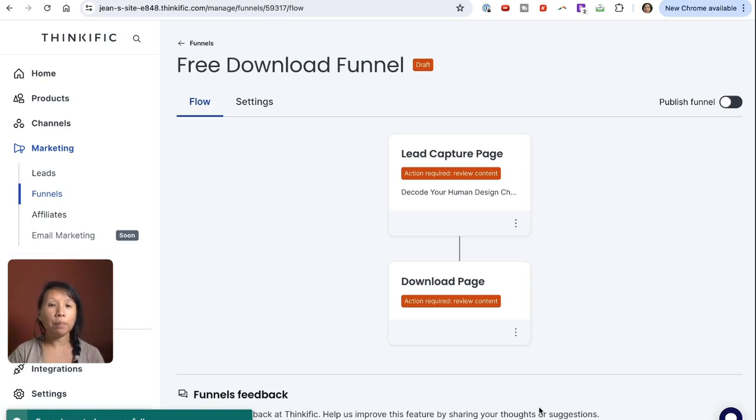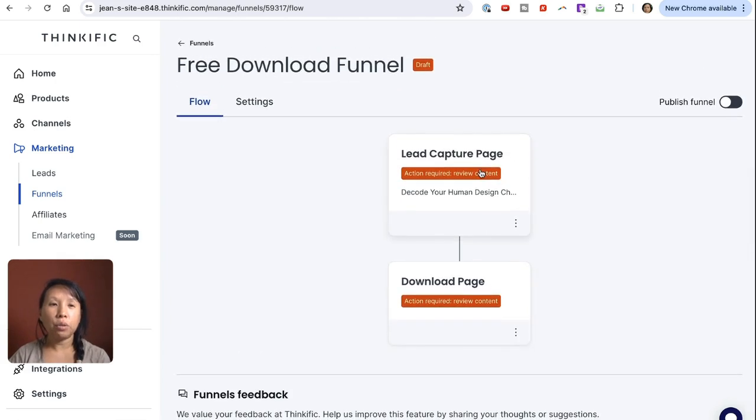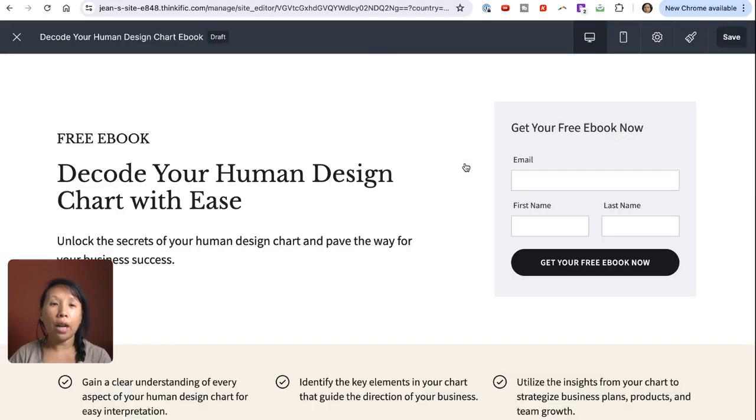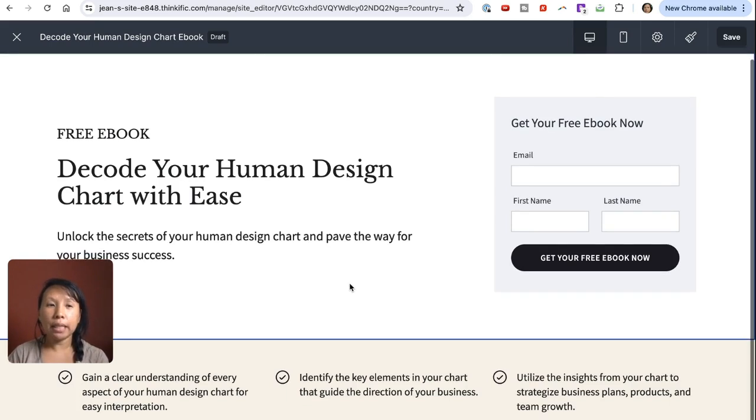So now you can see that it has been generated and I get to check it out. So I'm going to check out the lead capture page to see what kind of copy they've created. So I can see this is pretty decent. There's still a lot of room to iterate in terms of style, in terms of text, but I think this is a great start. And so now you have something quick and dirty, and what you can do is, okay,